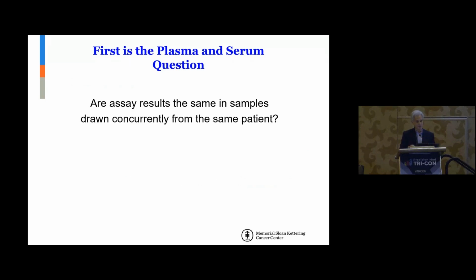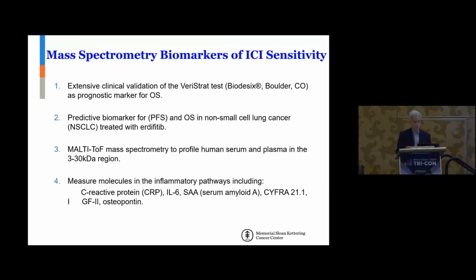The other thing we're going to start looking at, we have a large bank of samples. Will there be a difference between plasma and serum with this particular group? Obviously, this makes it a lot easier to do. And this is one of the first questions we want to know, because we have to make sure that we're getting the right specimens if we're trying to answer the right question. So again, going forth in terms of looking for